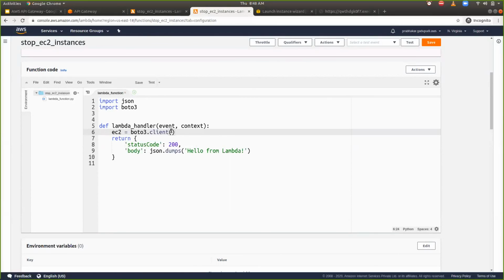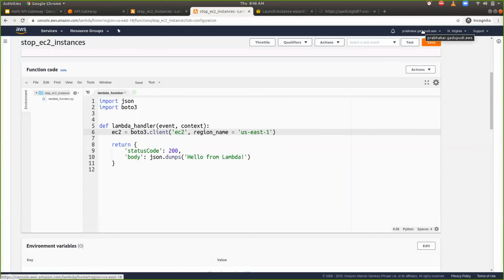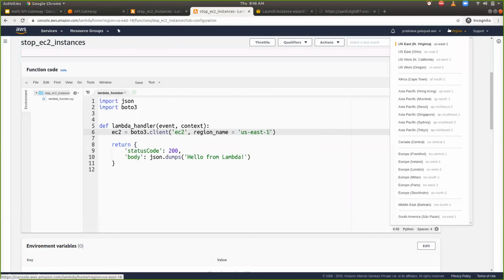With the help of this client, I can manage the EC2 instance. Once the object is created, we can also provide some additional parameters, like region_name. I can use us-east-1, because my EC2 instances are created in the US East 1 region, and also my Lambda function is in the same region.